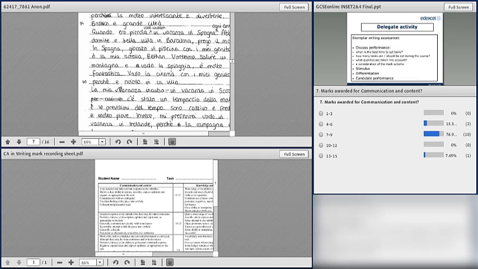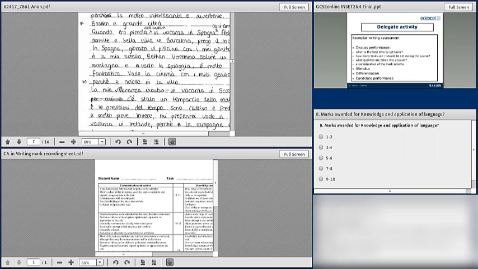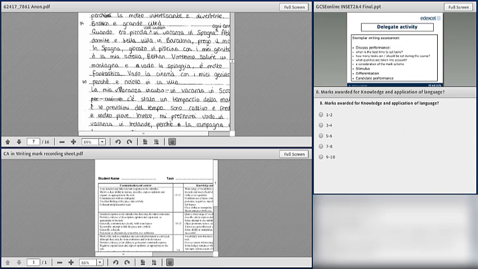However, this particular candidate has very many instances of this, and so she's at the bottom end of this box, and the examiners gave it a 7, because obviously there's a lot more in common with the 4 to 6 box, which has some ambiguity too. So yes, it was a 7. If we bring on the next poll, the one for knowledge and application of language.